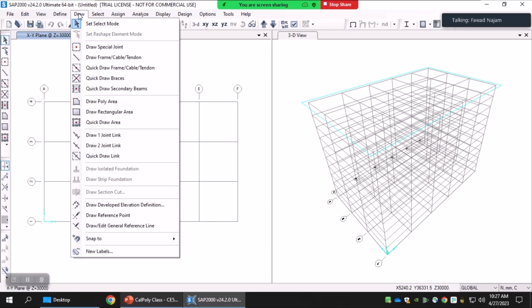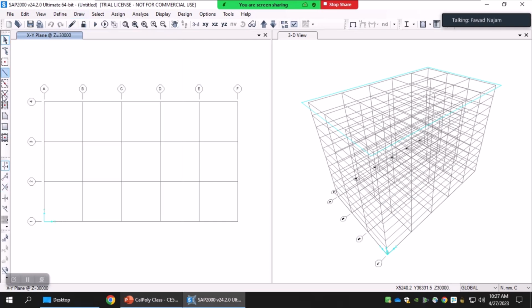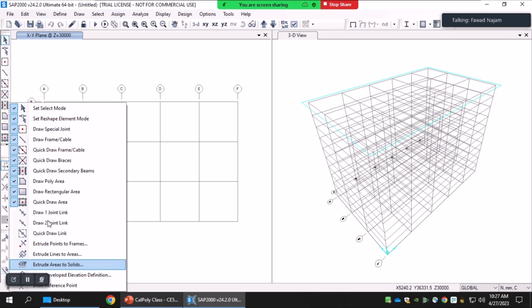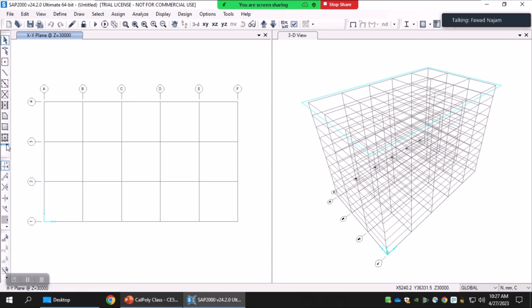Most of these options are also available on this toolbar on the left hand side. So you can see on the left hand side, these are the drawing options available, and you can expand them later on by clicking on this small arrow. And these are the selection and snapping options. So this whole toolbar is for drawing your structure. It is very similar to what you have in AutoCAD or any other drafting environment